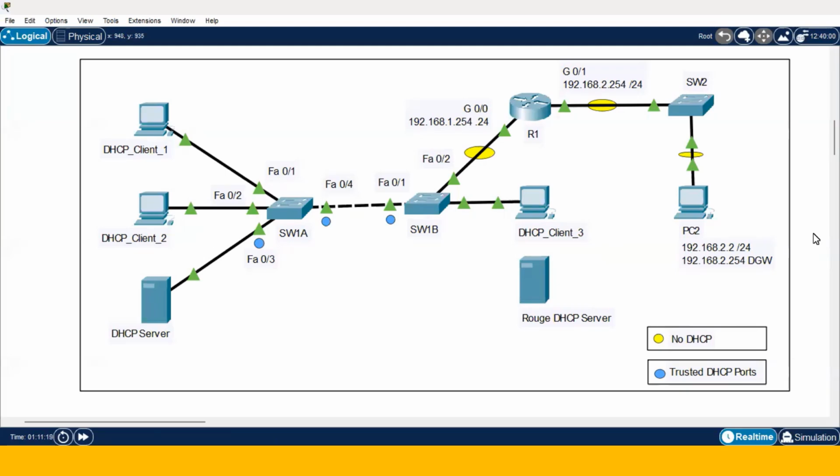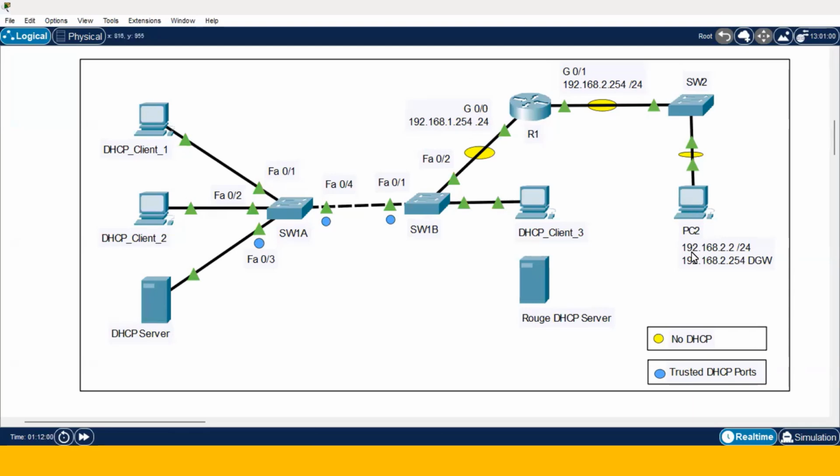This internet network is created using 3 2960 Cisco switches and one 2911 Cisco router, 4 PCs and 2 servers. All the connections are straight through except between the 2 switches, which is crossover. I have already configured this router 1 with this IP address for G0/0 and this IP address and subnet mask for G0/1,